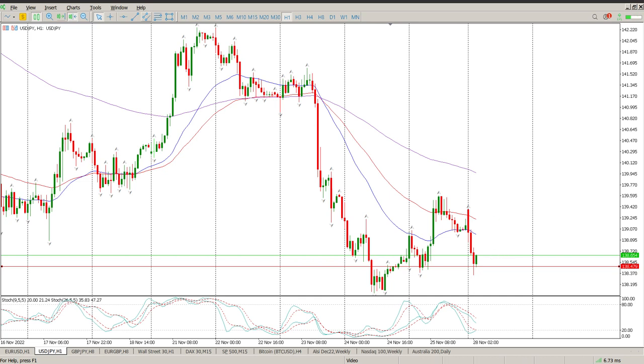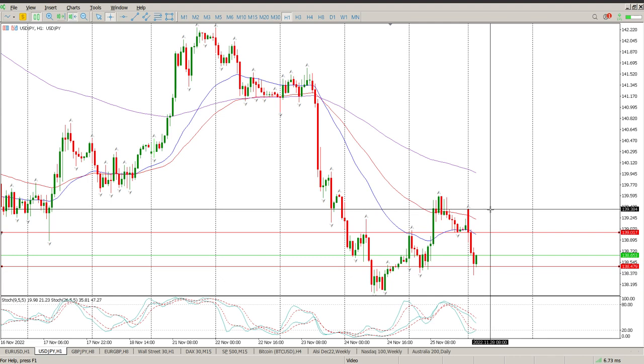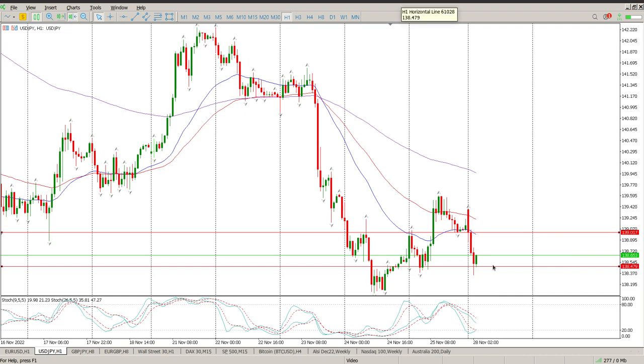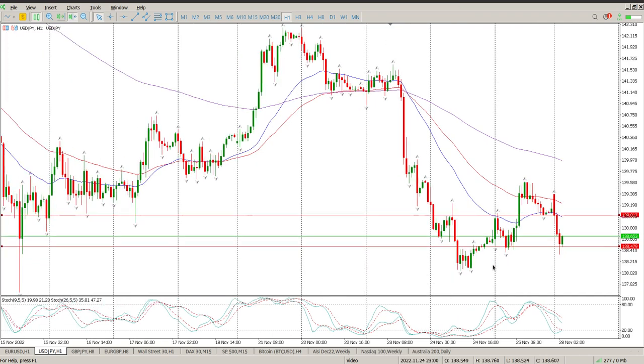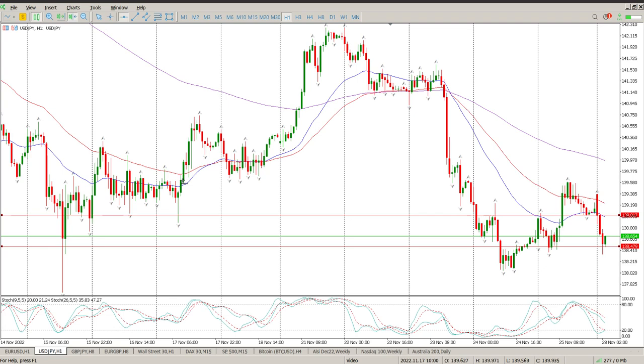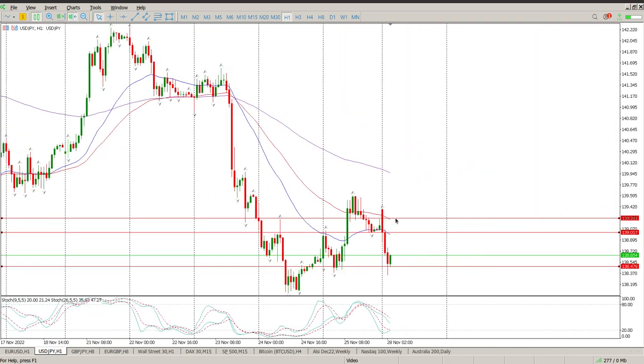So I'm looking for an opportunity to short on this. I'm not really looking for anything else. There is a little bit of structure here at 139.017, and we've had three big hours to the downside now. This is a fairly big move for after hours trade, 876 points. What you do need to do is pay attention to all these tails here. So I'd be looking for shorts on this from 139.241, or alternatively